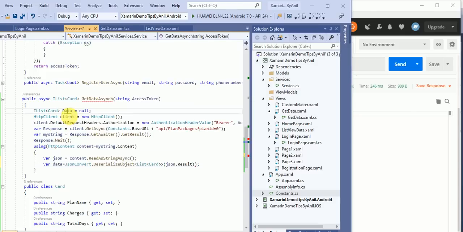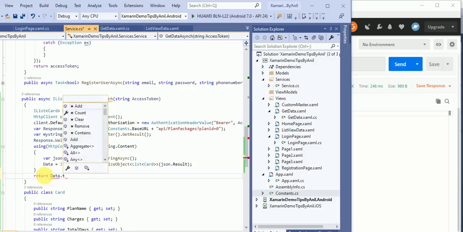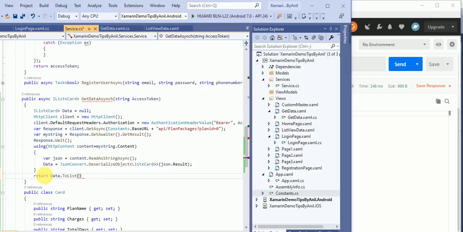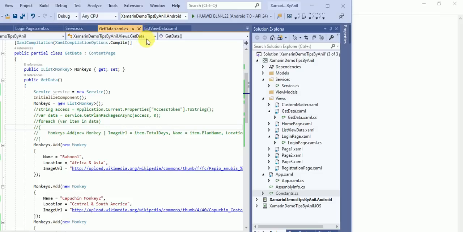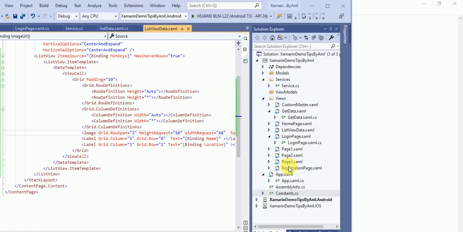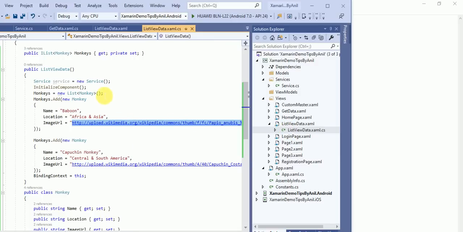So here this is an async type. Now we will call this web API.